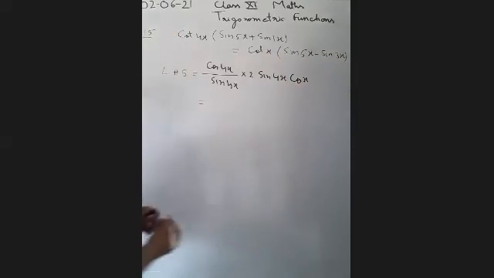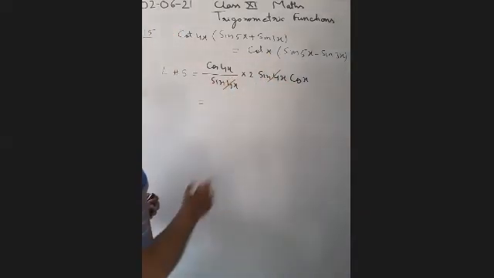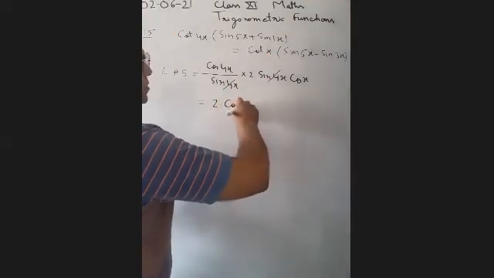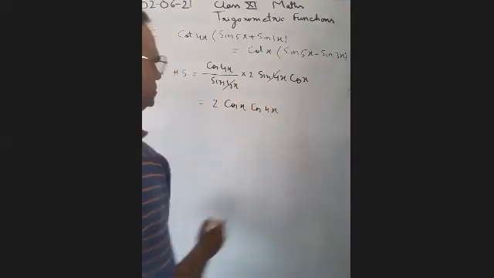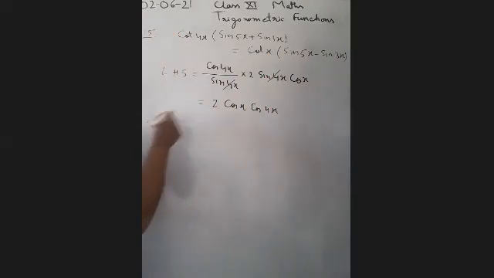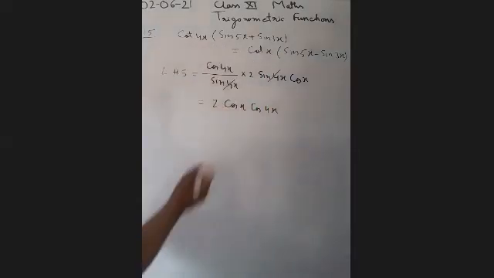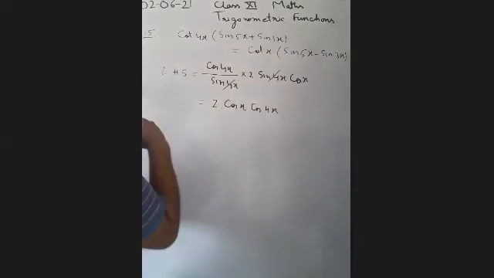Sin C plus sin D is equal to 2 sin (C plus D) upon 2 cos (C minus D) upon 2. Now you can cancel this one. We get 2 cos x and cos 4x. Now, because directly we are not getting the right hand side, both the sides are similar, so we will try to convert this term also into the product.